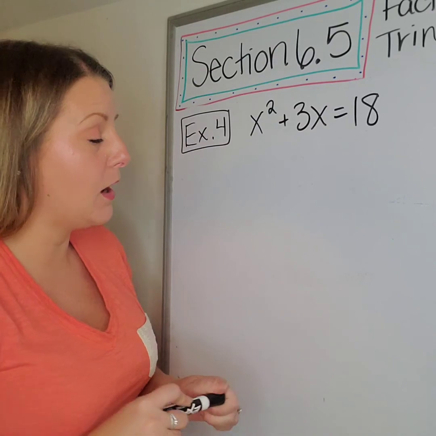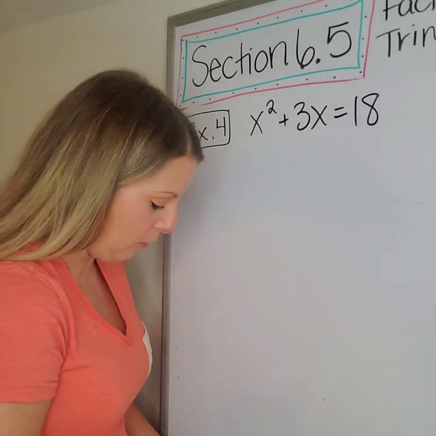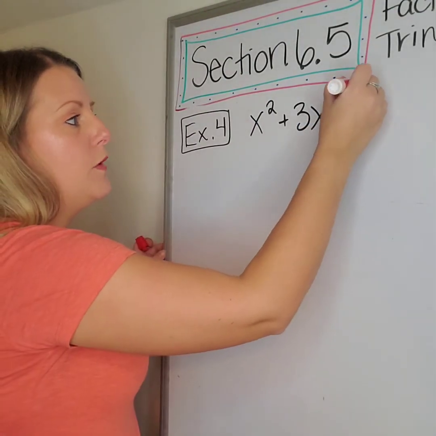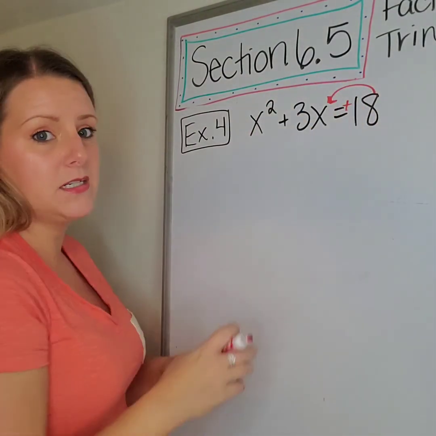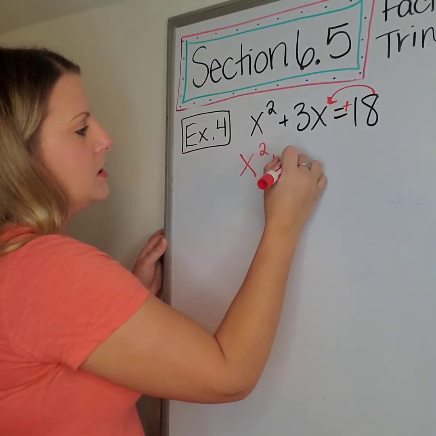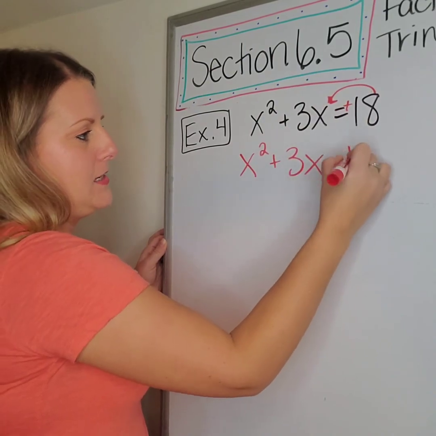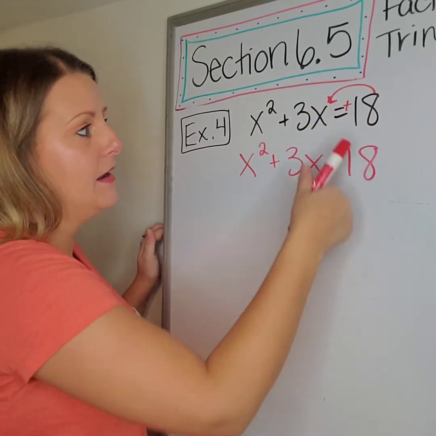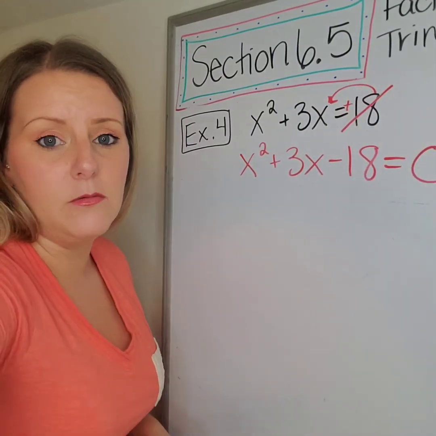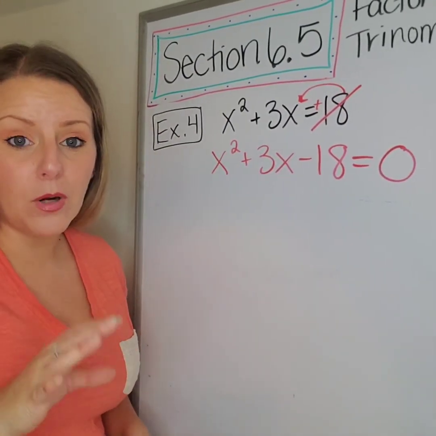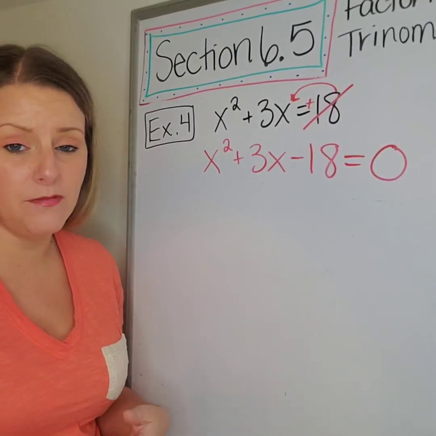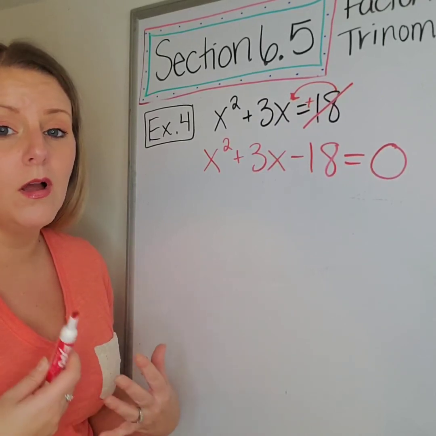Okay? So you want to make sure that this is equal to 0. Now, it's not right now. It's a positive 18. So if I was to move it over, the positive 18 is going to flip and become a negative 18. So I have x squared plus 3x minus 18 now because I moved it to the other side, and now it's equal to 0. You cannot start the problem unless you have equal 0. Whether it's 6.4 stuff or 6.5 stuff, if there's no equal 0, you have to make sure it's equal